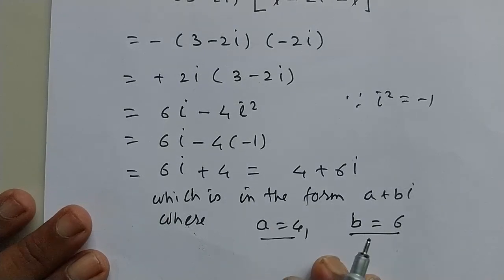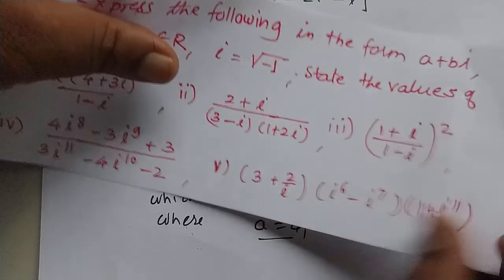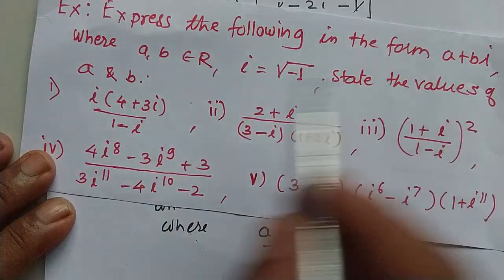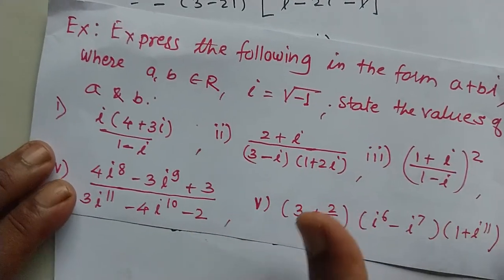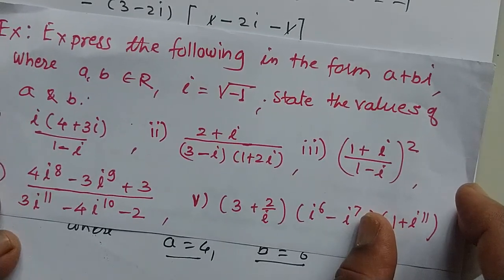That's all. We have seen all these 5 examples of expressing the following in the form a plus bi and finding a and b. Now in my next video we shall solve some more examples on